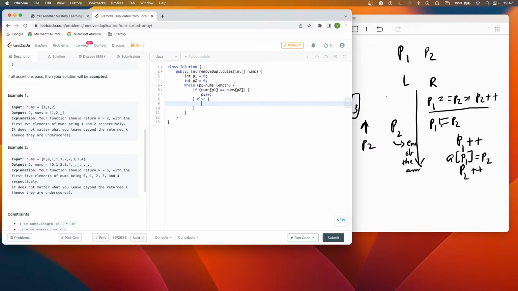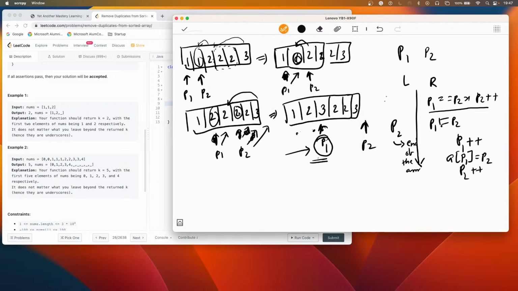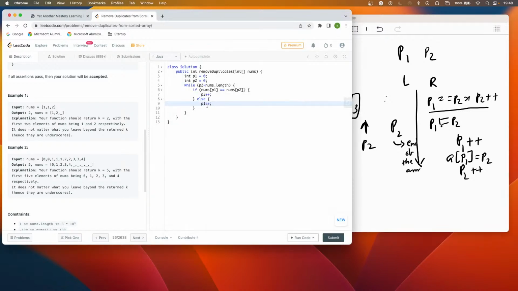Else, if the numbers are not equal, then first I will increase my P1 pointer. The reason why, you don't need to replace at this position, right? If you have this position, don't override with the duplicate elements. You have to override the next element onto the duplicated element, which means in this case 2 has to be overridden on the duplicated one. In this case 3 has to be overridden on the duplicated 2. That's why we are increasing that P1 plus, and then I'm going to assign numbers of P1 equals to